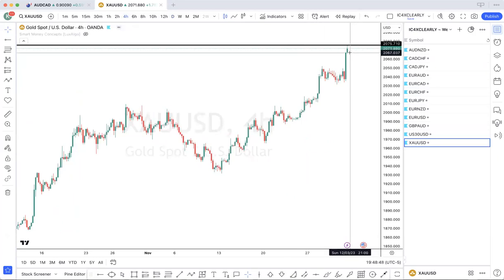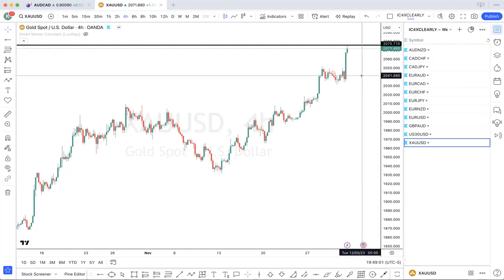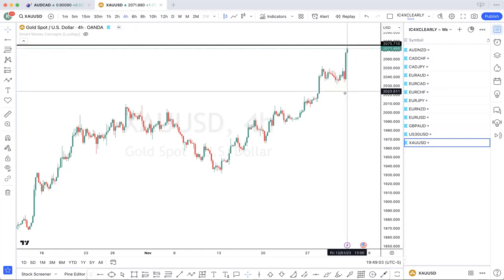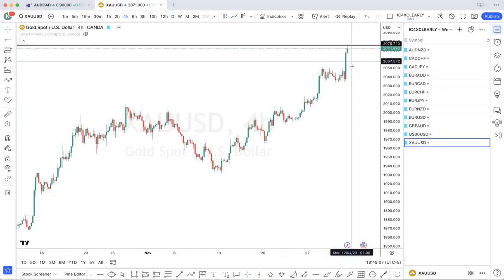So the 4 hour candle may just be a wick pass and a bearish order block. So if you get a 4 hour bearish order block here, I would be looking for the pullback to continue to the downside. I mean, not the downside, to pull back to,